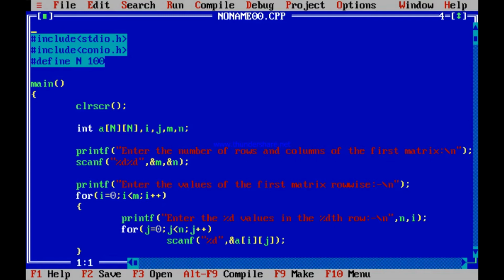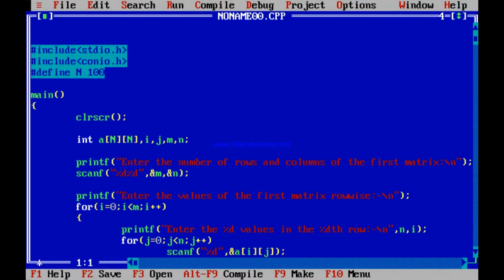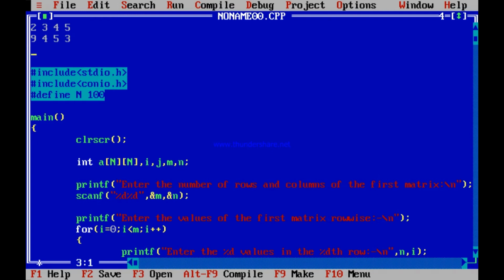Now let us do some operation on two matrices to get a third matrix. What do I mean? Suppose I have two matrices A and B, both m cross n. Let us add those two matrices A and B and get a new matrix C, which is also m cross n. For example, one matrix is 2, 3, 4, 5, followed by 9, 4, 5, 3,